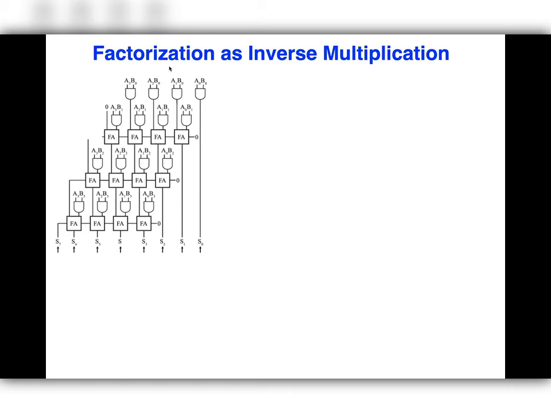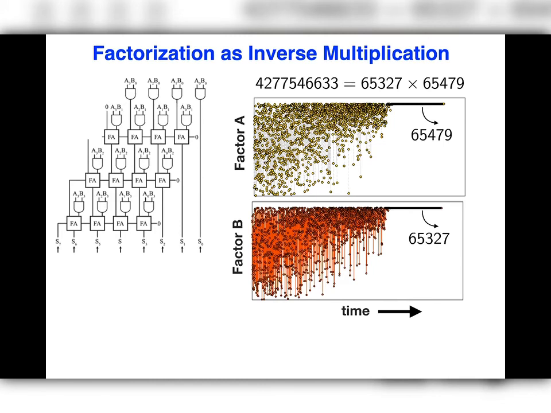Now, if you build this circuit with p-bits, it turns out you can do the reverse, which is you can specify a product here, and you can get numbers. You can let the circuit evolve, self-organize to the correct answers. And it turns out this is a much better factorization algorithm. Just to give you an example, you can factor numbers that are almost 32 bits, which are in the billions. And the circuit, if you do the simulated annealing, is a function of time. As you slowly cool the system electrically, you get to these correct factors.